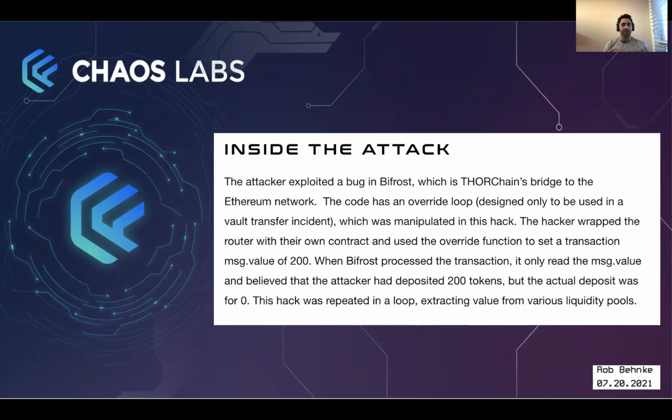And what we see as a pattern is that exploiting the bridge itself, or corrupting the message, is quite difficult. Most of the exploits actually originate in the implementation of the clients themselves. So in this case, in Thorchain, they were using an unsafe function. It wasn't safeguarded. The attacker saw the opportunity here, wrapped Thorchain's implementation in their own smart contract, and was able to create these fraudulent messages and make away with tokens.